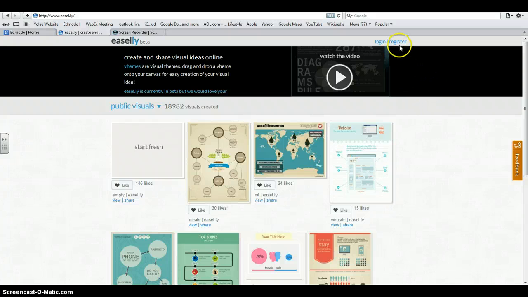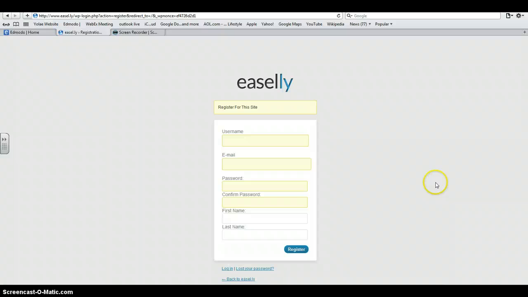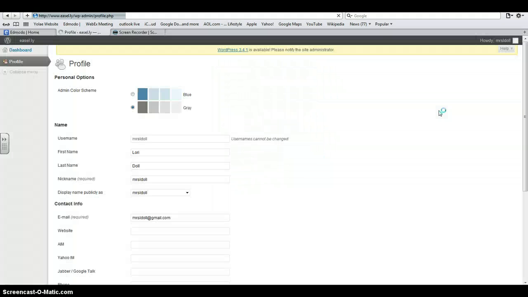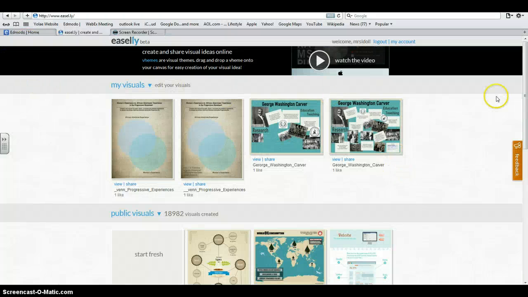If you haven't already, you need to register, and to do that, you will choose a username, put in your email and your password twice, and your first and last name. It takes just a second, and then you can log in. Okay, and you will want to go to your home page, and you will have your dashboard with your visuals